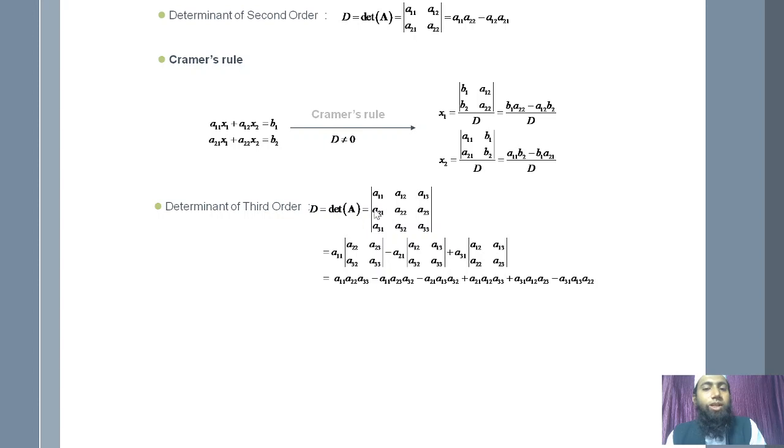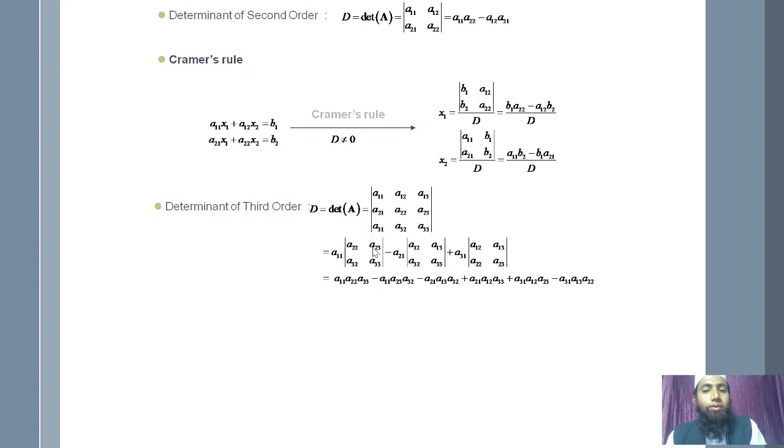कोई भी ले सकते हैं आप, रो भी ले सकते हैं, कॉलम भी ले सकते हैं. If we are taking this entry, then we have to skip this row and this column. So only this entry a12, a13, a32, a33. ये रो को स्किप, ये कॉलम को और ये रो को स्किप करना है. If you are taking this, you have to skip this column and this row. सेम प्लस साइन चेंज करना है. Now this one you can take column wise also or row wise also. This determinant calculation is similar. आगे हम इसके properties भी देखेंगे. So the properties tell us how to calculate properly. This is just a recalling of what is determinant and how we have already calculated this.